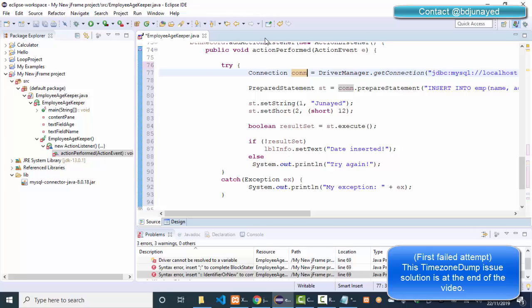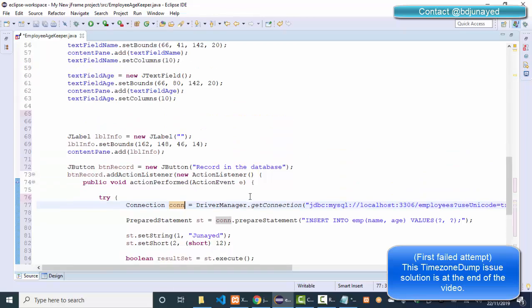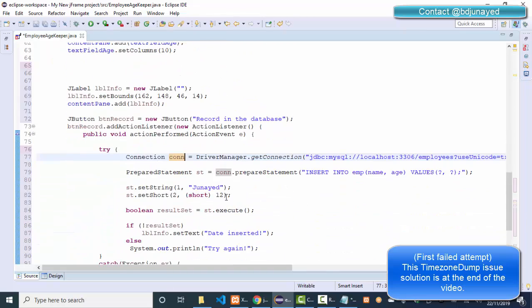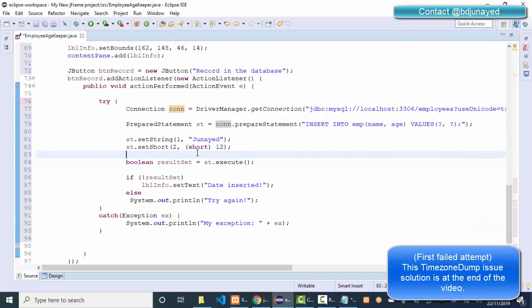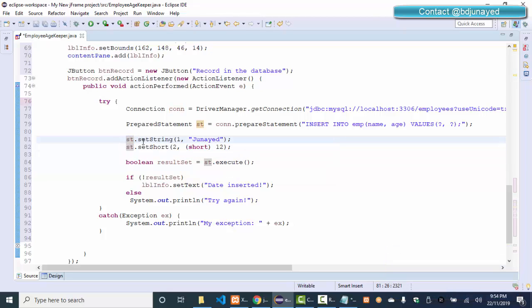But definitely, maybe you will not get this kind of error. Definitely. So this is a procedure actually, and to set this string here,